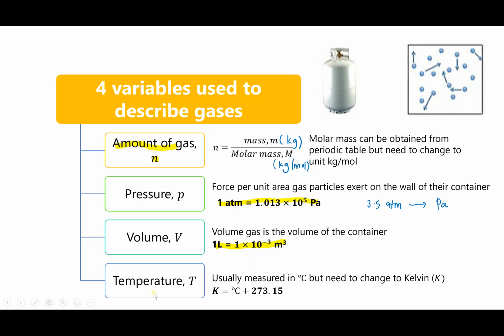Okay, the temperature is usually measured in degree Celsius, but you have to change into SI unit, which is Kelvin. So if you are given temperature in unit degree Celsius, for example like 70 degree Celsius, in order to convert into Kelvin, so 70 degree Celsius,